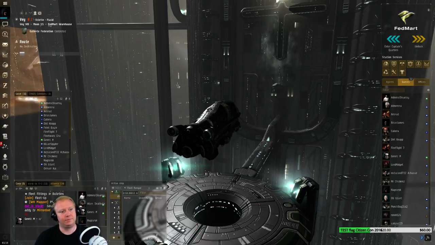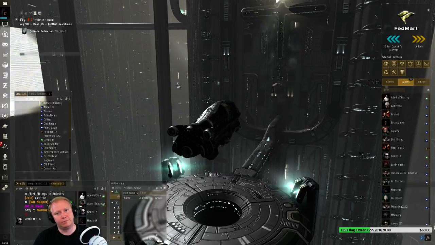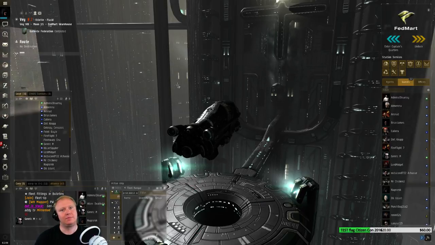And then for the rigs, I usually just go hyperspatial just because warping is cancer in a hauler. If you want to rig your hauler, you can. It's up to you. If you really hate warping, use rigs. It's up to you. I don't. One thing that I've started doing recently